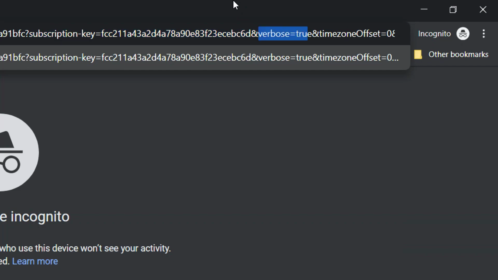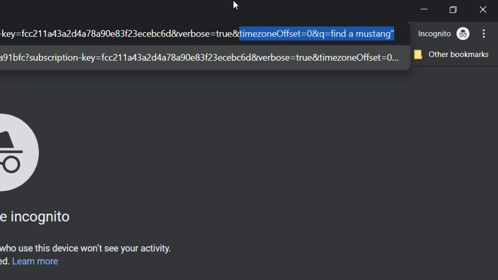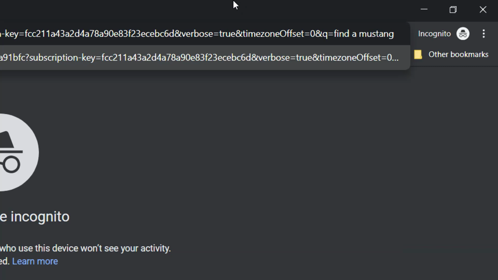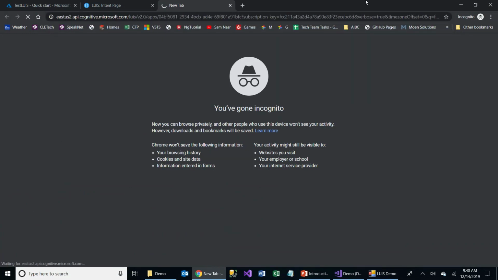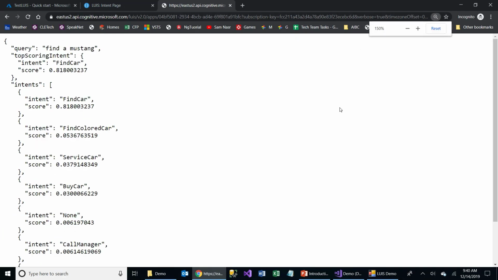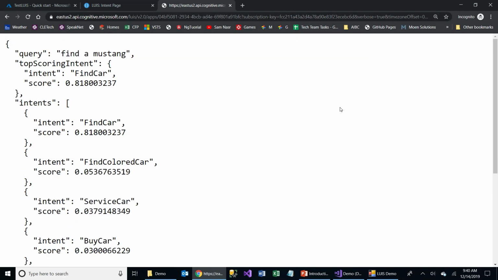And then we see this parameter for verbose set to true. Time zone offset is 0. And then the query stated by the q is find a Mustang. I'll delete that end quotes. So I make an API call, and what I did is I intentionally did it in the browser. Now, of course, this is not what I consider a rich customer experience, right? But I'm doing this so we can dissect the JSON, and it's visible so you can see what's going on